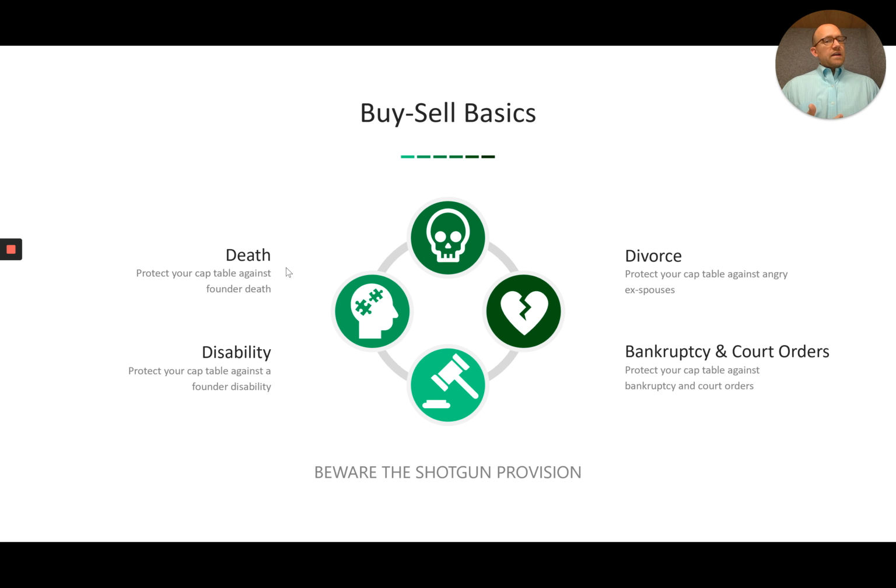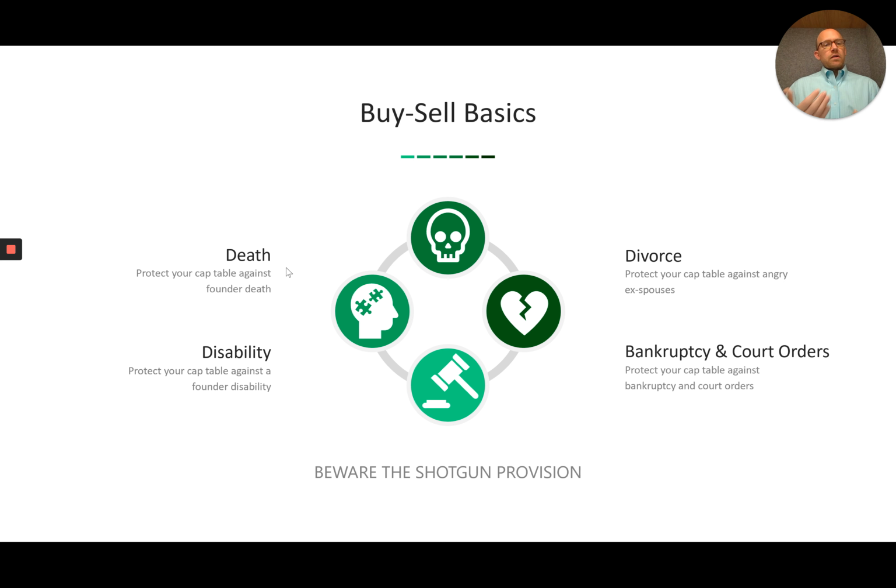And so when someone dies, that person obviously is no longer there to make decisions, be involved, and those kinds of things. And so then an estate or a trust or someone then gets put in control of that person's ownership. And then all of a sudden you have different people making decisions and influencing the business. So a lot of businesses like to protect against that by having a right, but not an obligation, to buy back the equity at fair market value from an owner when they pass away. And so that's one of the key parts that a buy-sell provision provides for.